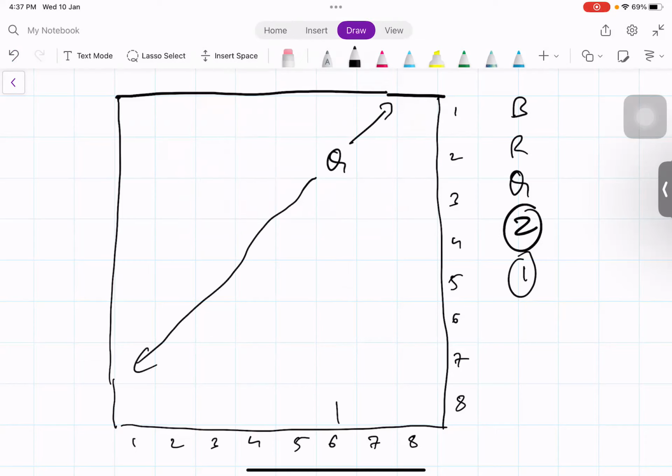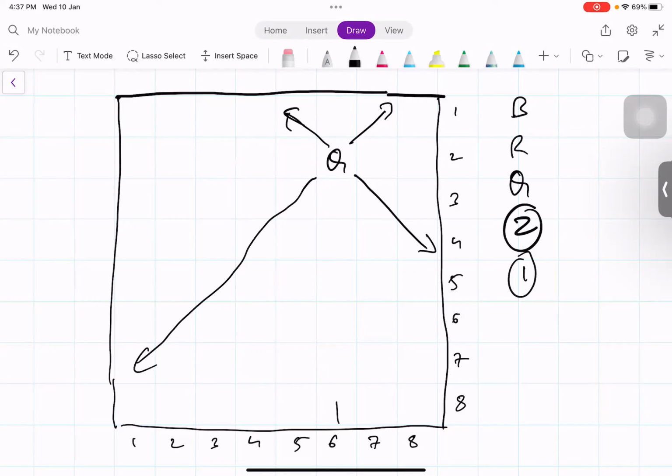Either it has to be present in this diagonal, or it has to be present in this diagonal. Okay, so when we have a grid, there are two types of diagonal: one that goes from bottom left to top right, and one that goes from top left to bottom right. Okay, and if the bishop is basically present at any point along this diagonal, then it's possible for the bishop to